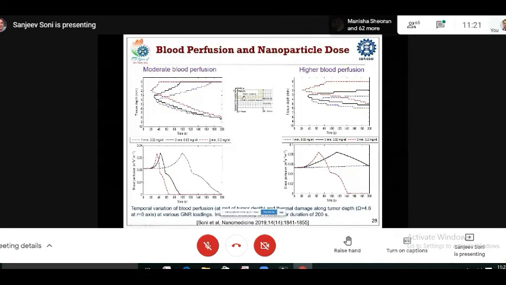profiles. You can see here, these just show the propagation of thermal damage. For this black one, thermal damage starts at a certain time instant, and then it starts propagating in this direction. So it reaches the surface, and similarly it is propagating along the depth of the tissue. For another dose, the propagation is something like this. It reaches the surface very fast, and it propagates slowly towards the depth of the tumor.